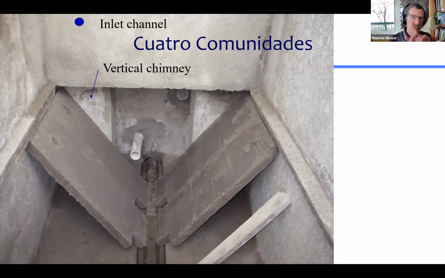And so our water particle is in that inlet channel, and it's going to drop straight down from that channel through what's like a vertical chimney. It's a rectangular opening that the water can flow down through, and then it will pop out underneath this sloped